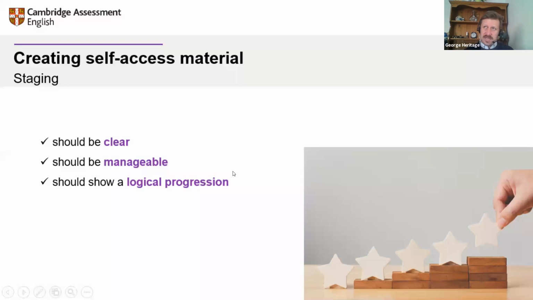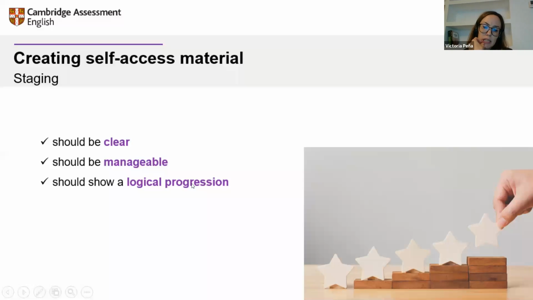From less to more challenging, normally, I would say that's at least how our exams are designed. They get from easier to more difficult as you go through the parts. We have a lot of data to show that if an easier activity follows a more difficult one, candidates' performance is affected on the easier one because they've done a more difficult activity beforehand. So bear that in mind. I think it's fine to have activities in parallel to stretch the stronger students, but the core material should probably get slightly more challenging as you go through.